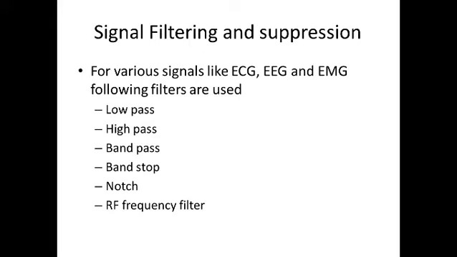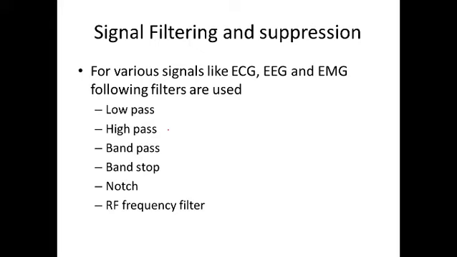Then the next part is filtering. This is one additional part. There are a number of things present in the signal conditioning circuit for the biomedical instrument, and out of that we will see the filtering. Filters are very useful to avoid the unnecessary signal coming with your measurement quantity. So what are the different types of filters? I will just give you the names of different filters. Different filters are used for different applications.